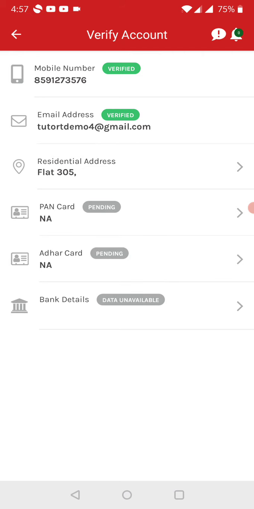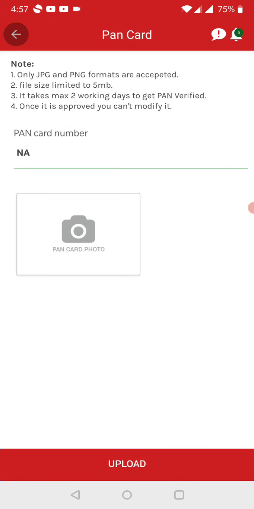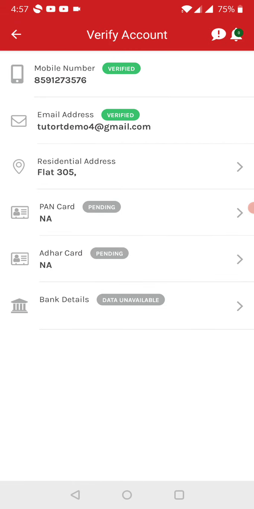You need to upload the PAN card now. Here is one important thing: you need to keep three things handy. You should have the photo of your PAN card, Aadhaar card both sides, and a cancelled cheque, so that we will have your account details to transfer fees into your account. So you should have these three photographs on your mobile so that you can upload them at the time of updating